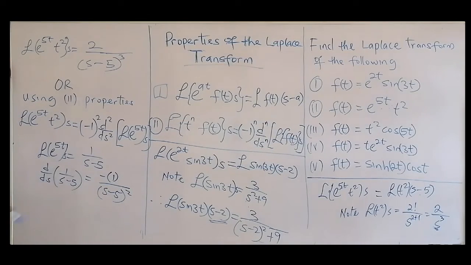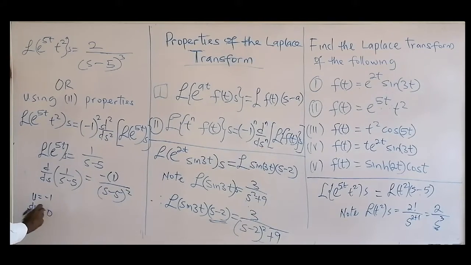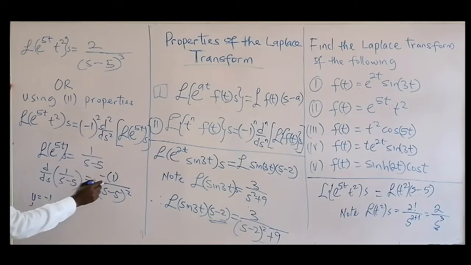This is the quotient rule. That's the first differential. Then the second differential, my u is minus 1. The derivative of u is 0. So if you want to differentiate this one a second time,